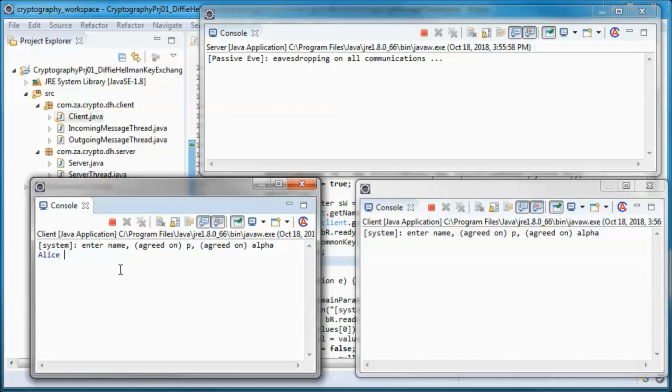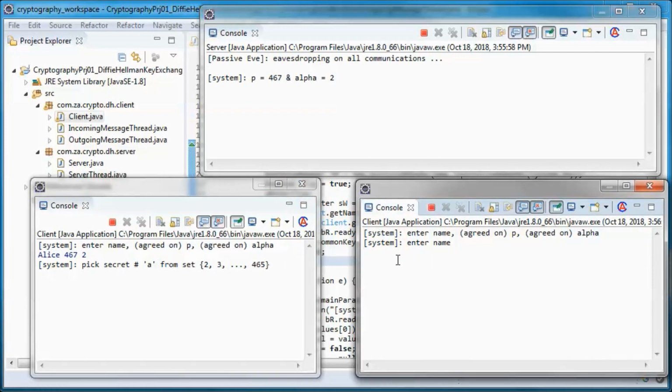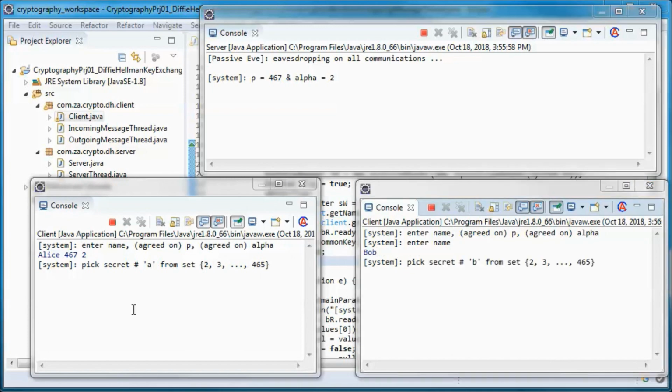And let's say P is 467 and alpha is 2. And A is 228.